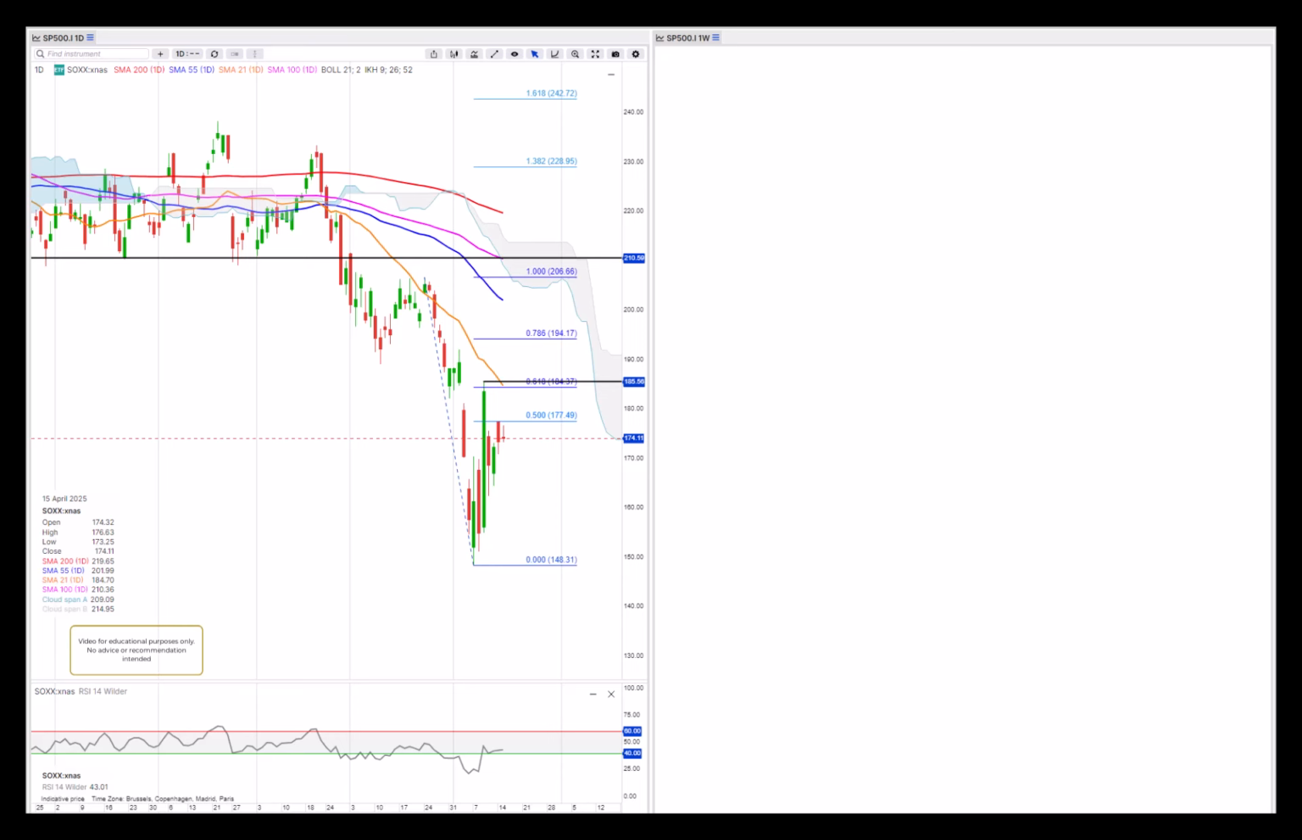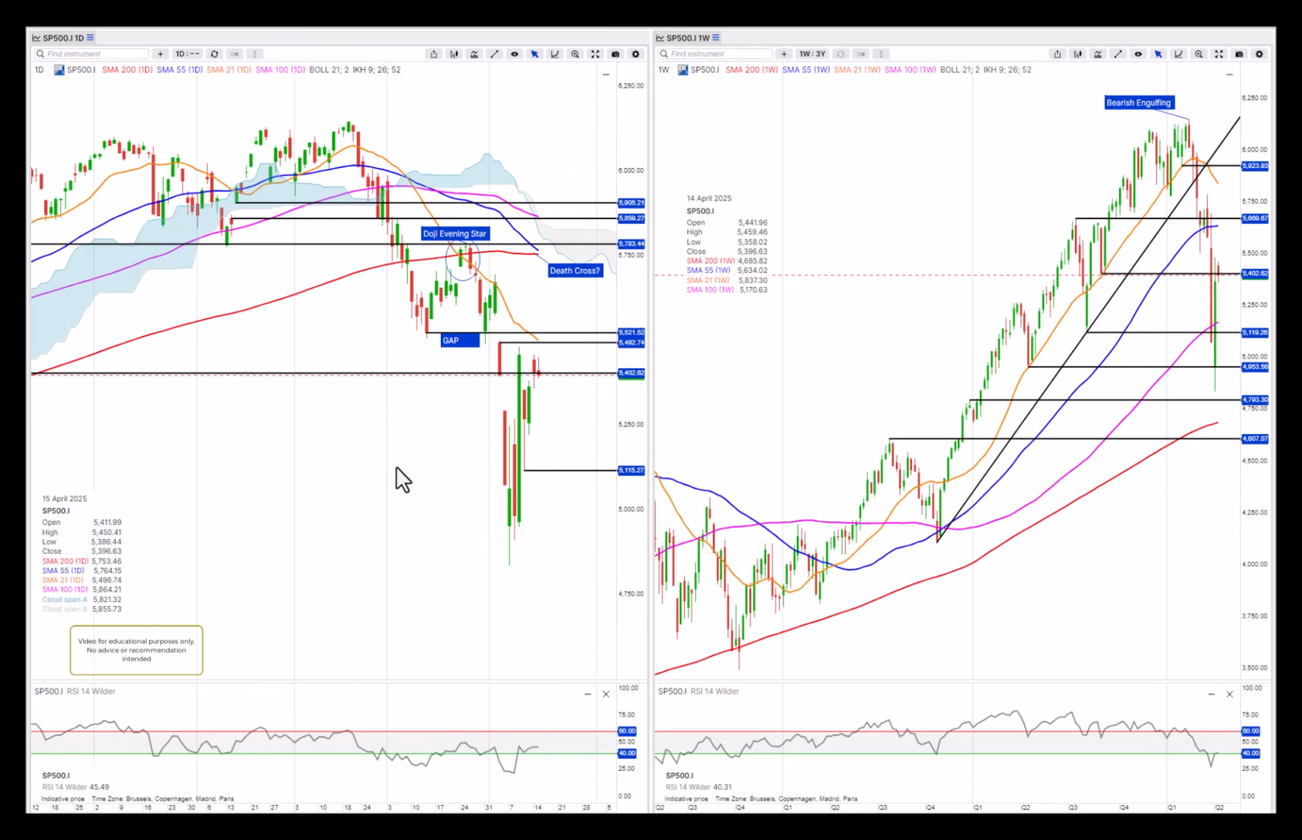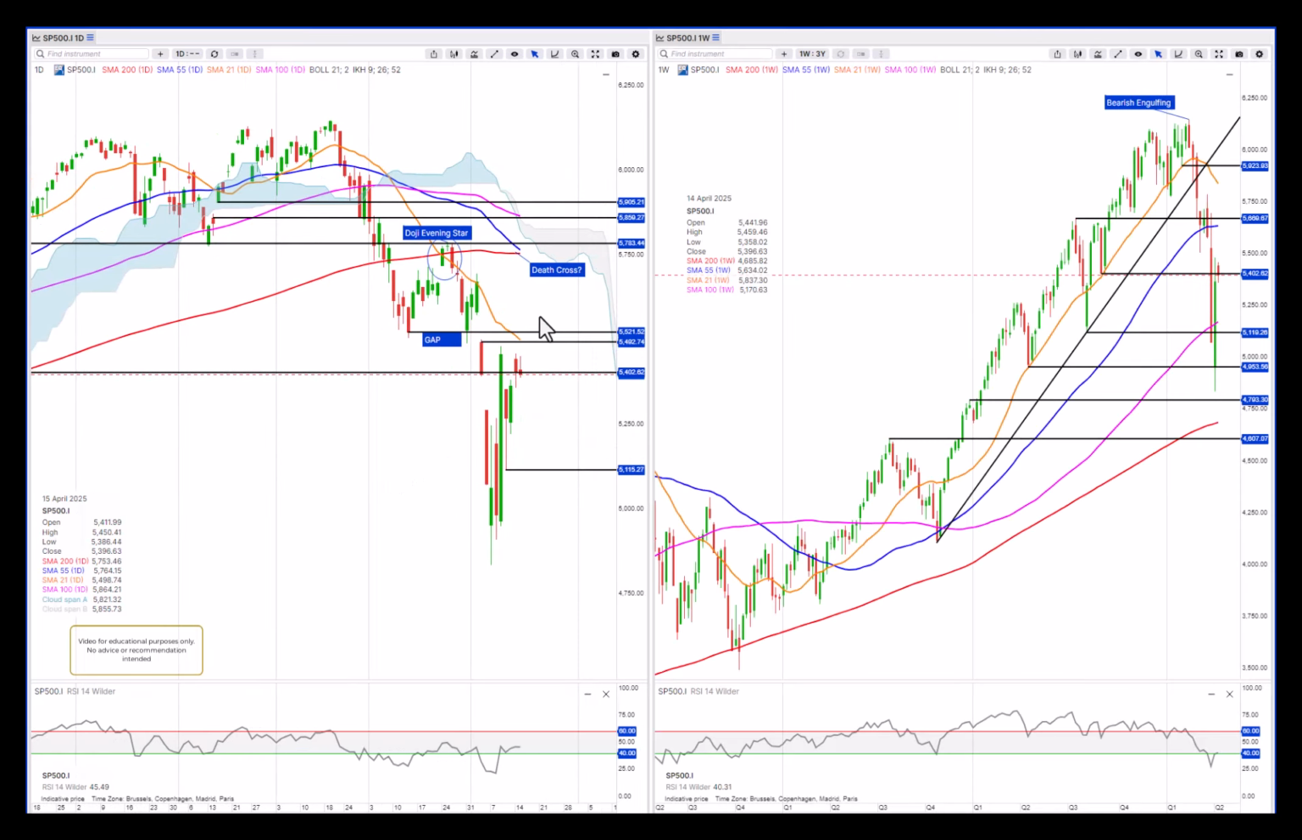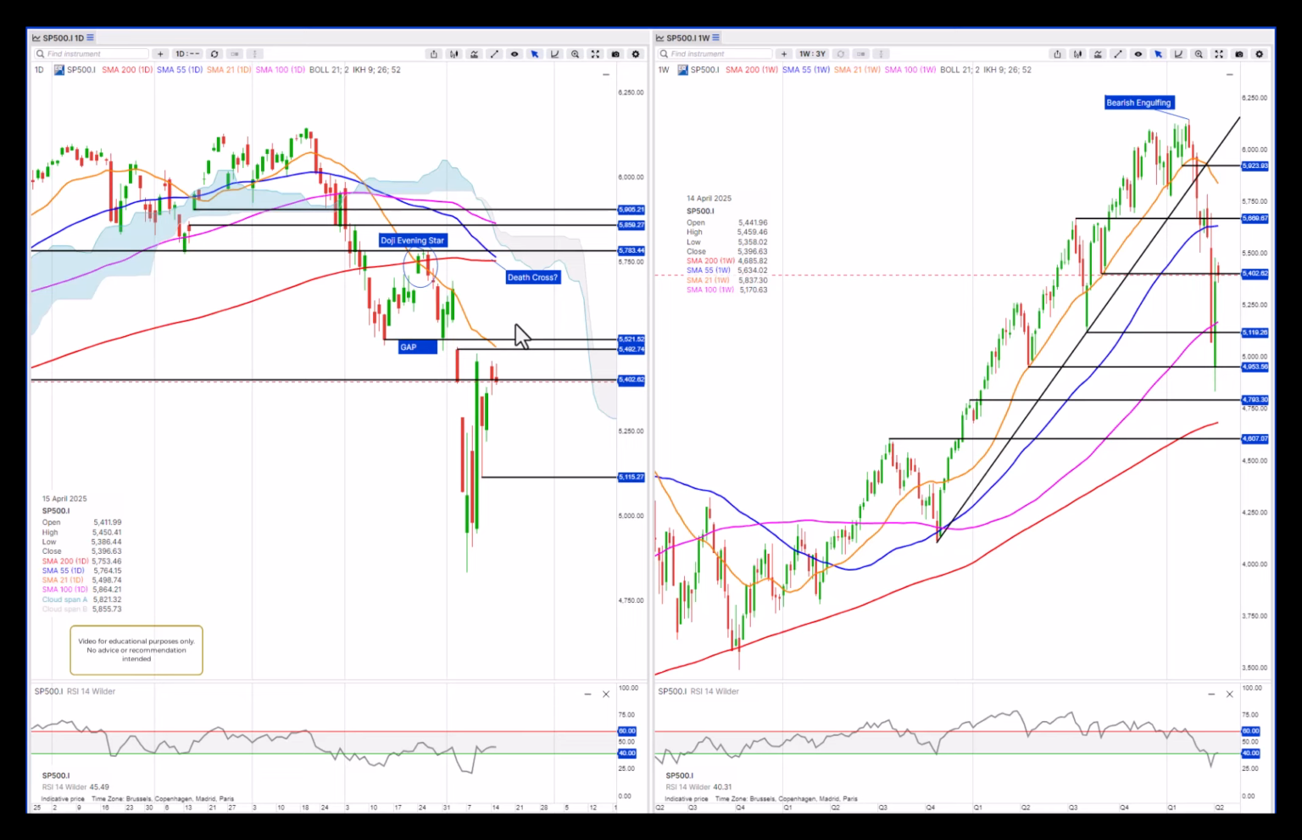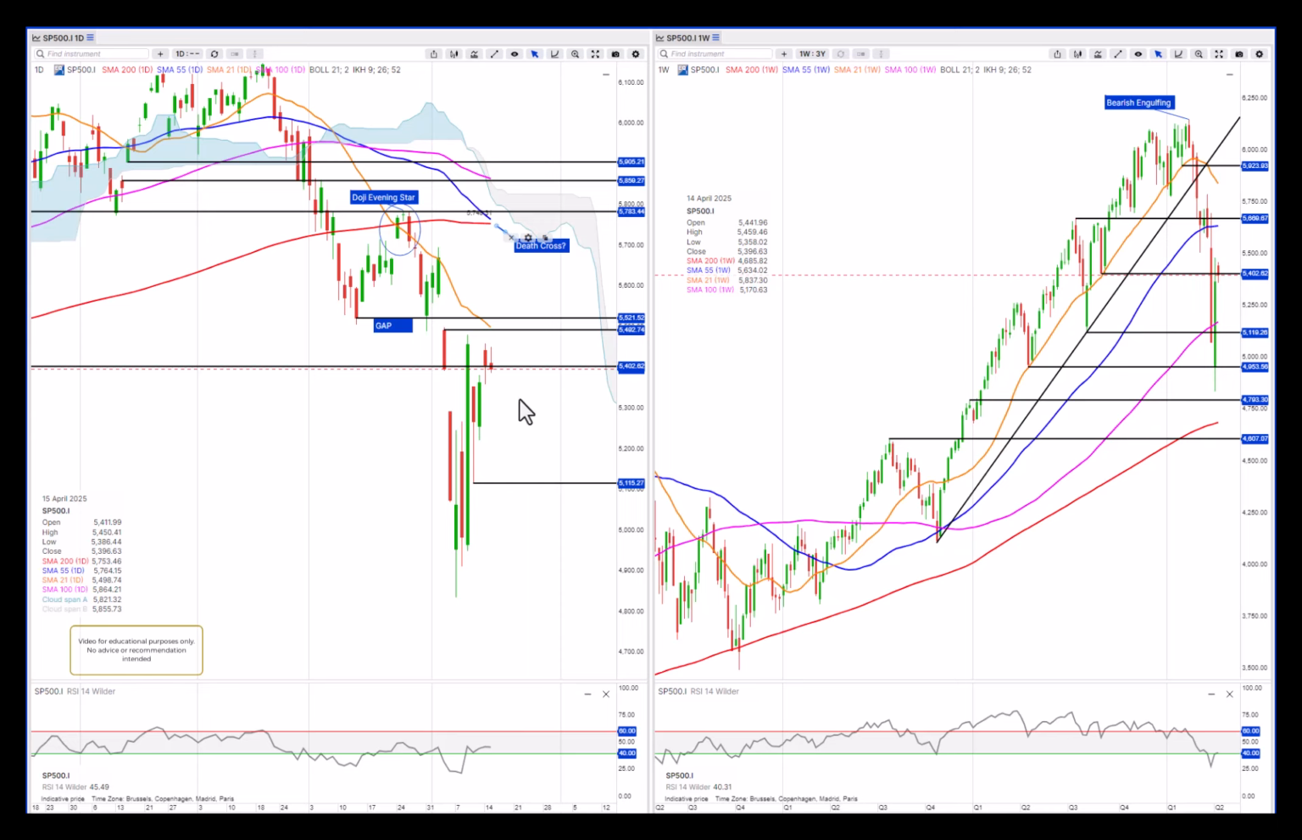The S&P 500 is also the same picture as yesterday, more or less. The death cross here between the 55 and the 200 moving average is coming closer. It's not there yet, and the 200 still needs to be declining for that to materialize, and to totally turn around the bearish trend,